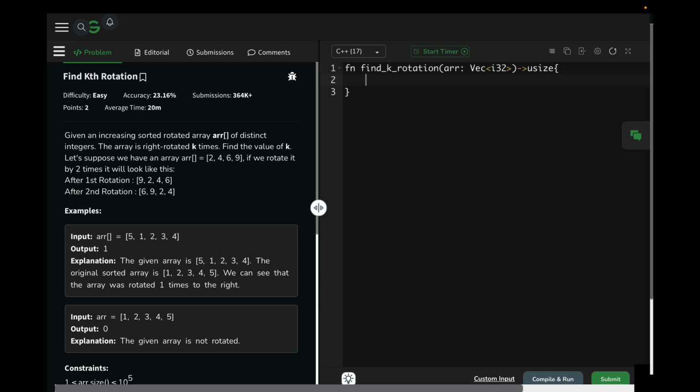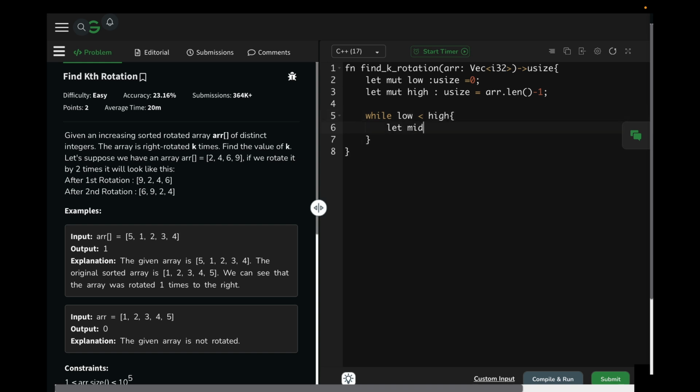Now my first step will be to create low, which is initialized to 0, and another variable high, which is initialized to the length of array minus 1. Now I run my while loop. So I say while low less than high,